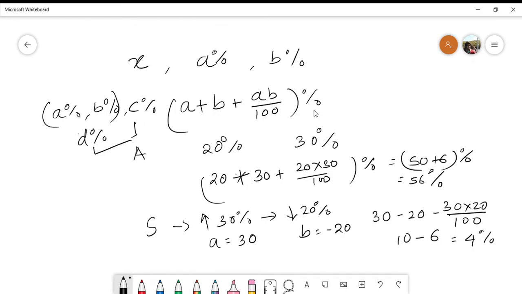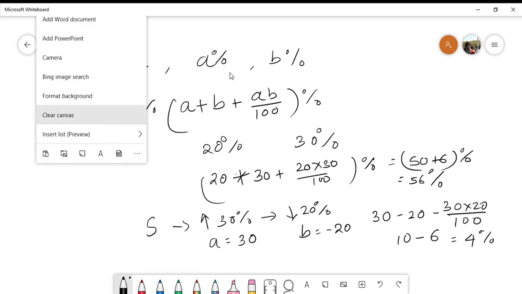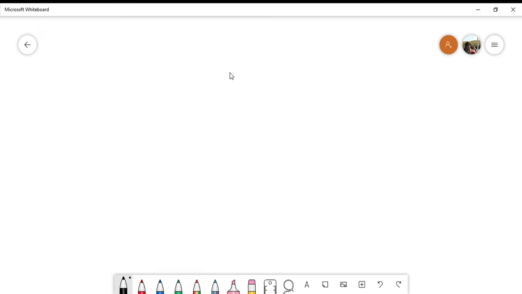Okay, so sometimes there are tricky questions based on these concepts, which at first look very trivial, but then you have to remember that the successive percentage is a thing, and it is not the same as the cumulative percentage when we do both percentage values together. So one example can be that